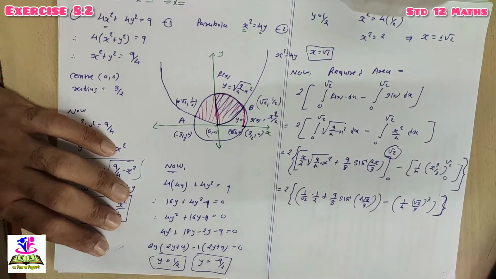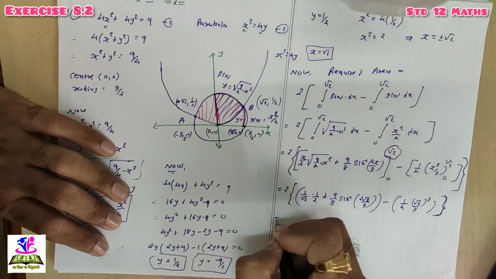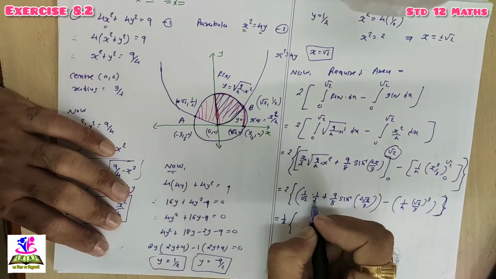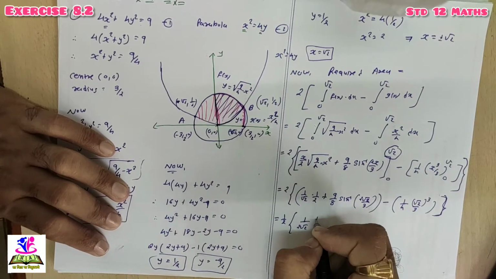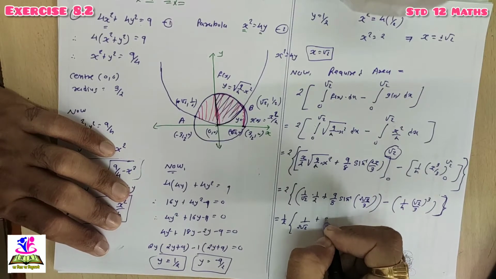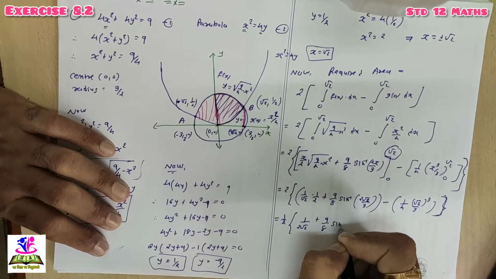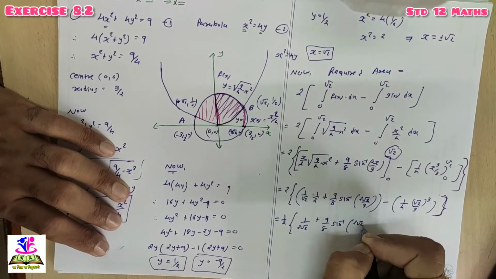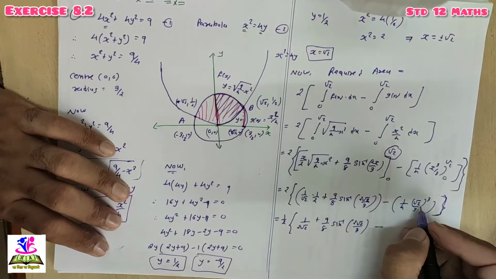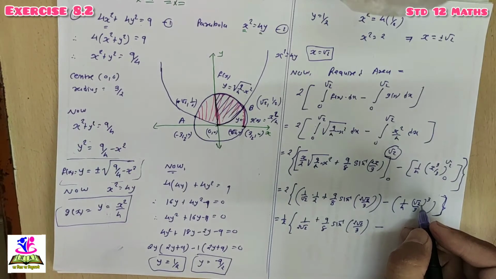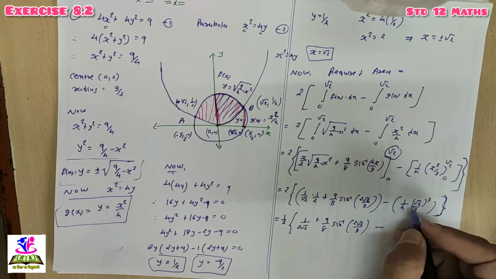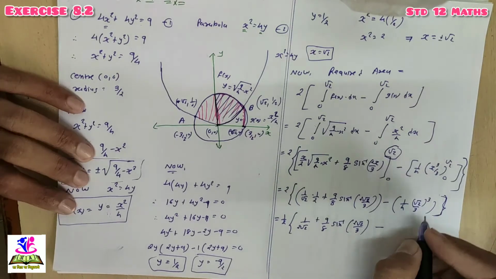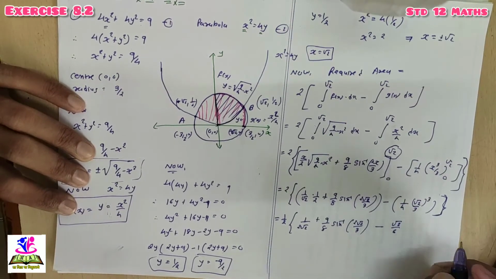Now you have to simplify this. What will happen, look, this is equal to 1 by 2, 1 upon root 2 into 2, so it's 1 upon 2 root 2, plus 9 by 8 sin inverse 2 root 2 by 3 minus, and what will this be, root 2 cube is root 2 square into root 2, root 2 square is 2 root 2 by 4, so again 2 and 4 will be cut, so it's root 2 upon 6, root 2 by 6.